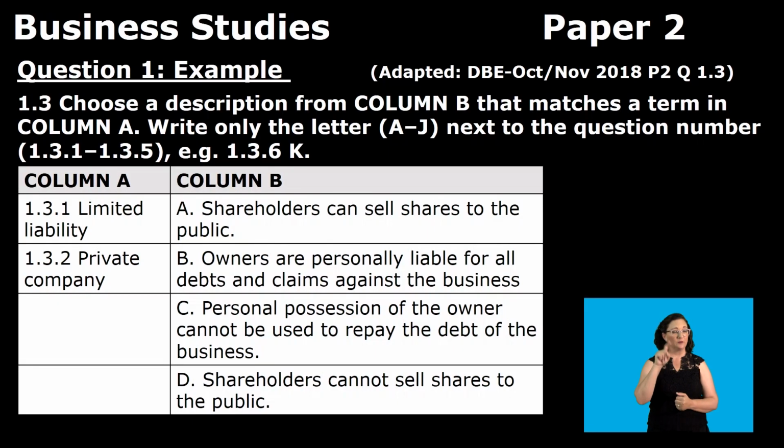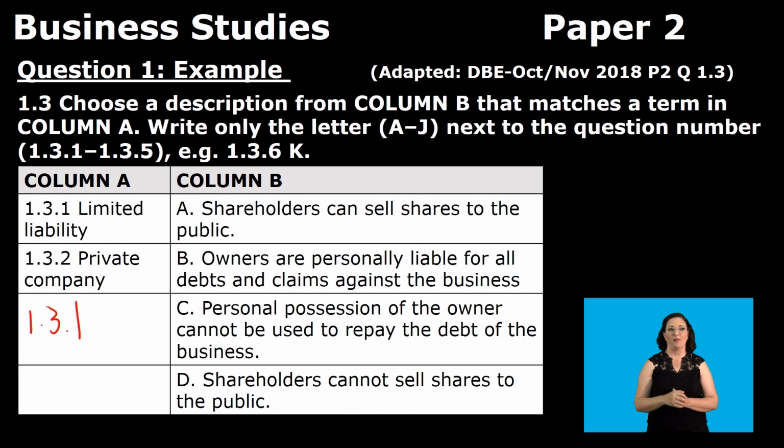Then when we move on to 1.3, it says choose a description from column B that matches a term in column A. Write only the letter A to J next to the question number. So question number, for example, 1.3.1 to 1.3.5, e.g. 1.3.6, and then there's letter K, which is the correct answer. So similar to your other question, you just come